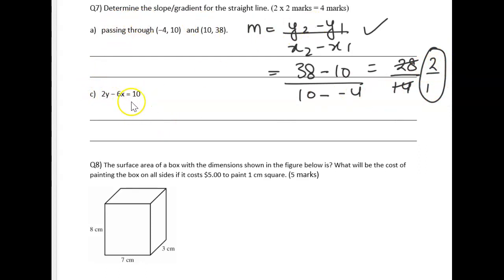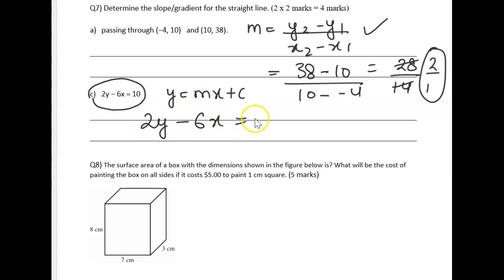The second one, again, how you can find the slope, convert it into y is equal to mx plus c. I've explained that a lot of times in class as well. That's not in the straight line form, so make it a straight line form and you'll know the slope. So you want only 2y on this side. So remove your 6x, so plus 6x both sides. Okay, so your 2y becomes